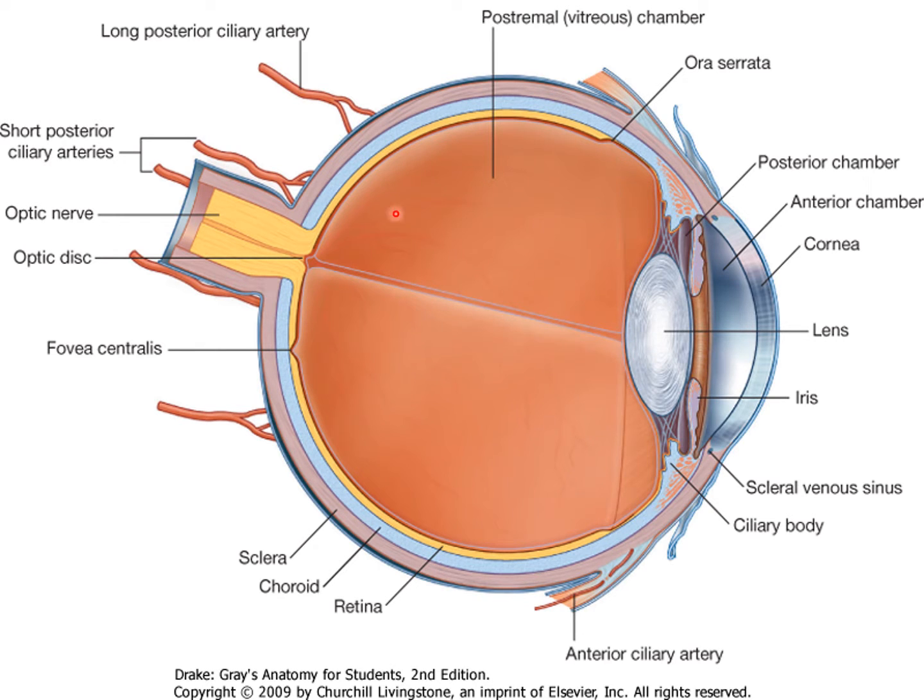So when you see this cross section of the eye, there is a lens. This one is the sclera. Anteriorly there is a cornea, and this portion is the anterior chamber. This one is the iris. Behind the iris there is a lens. This process is given the name ciliary body and the ciliary process.